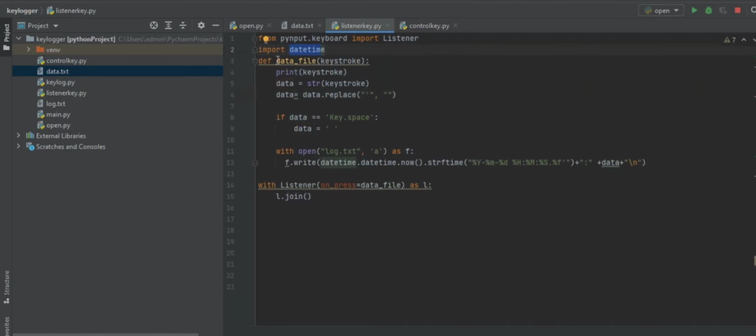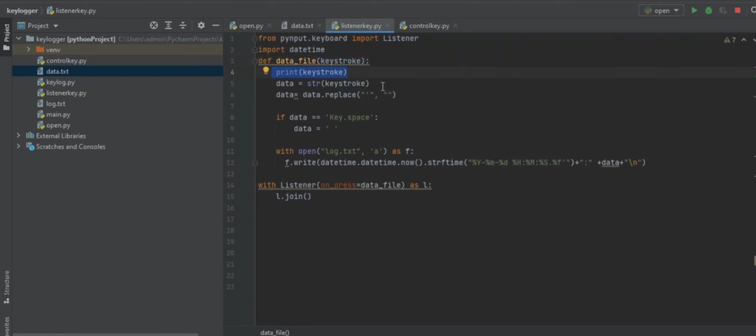Then I've created a function called data file. Now to create a function in Python, we use the keyword def, that is define function, and we can name the function whatever we want. And inside this, I have assigned a key, that is keystroke. So then I'll print this keystroke.